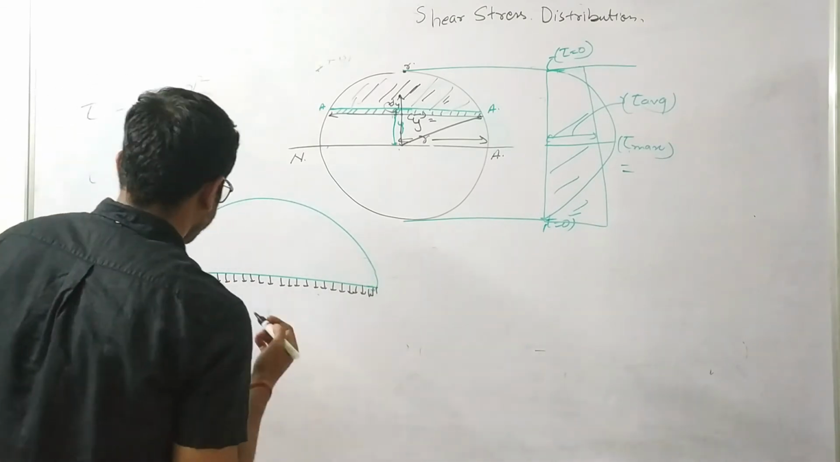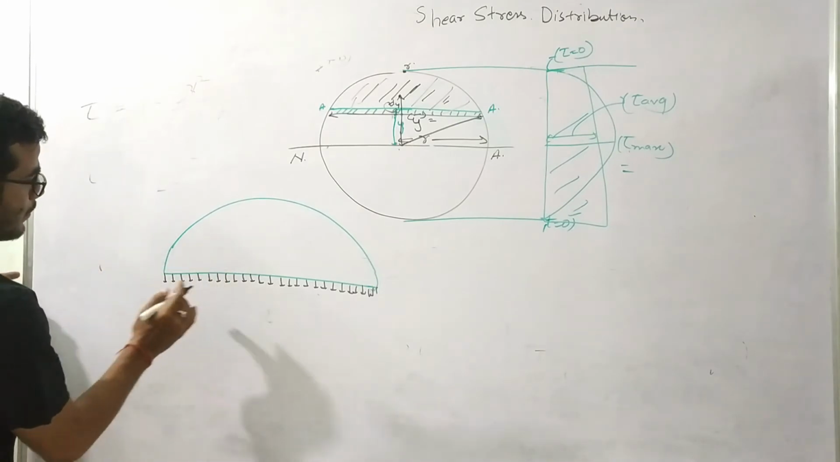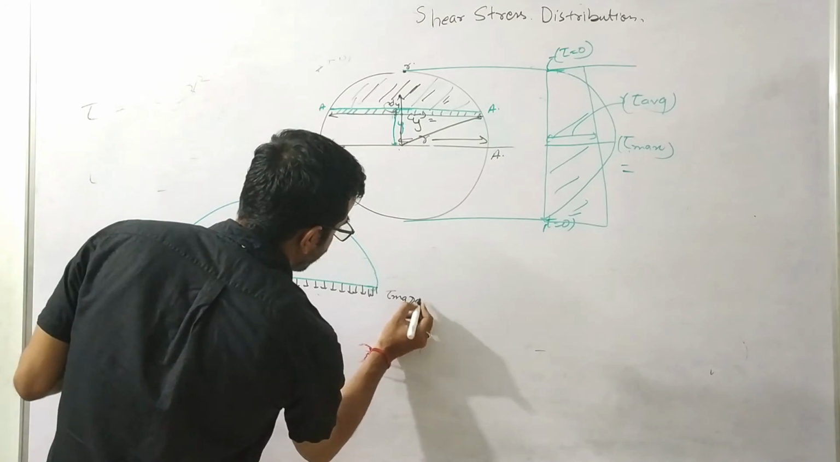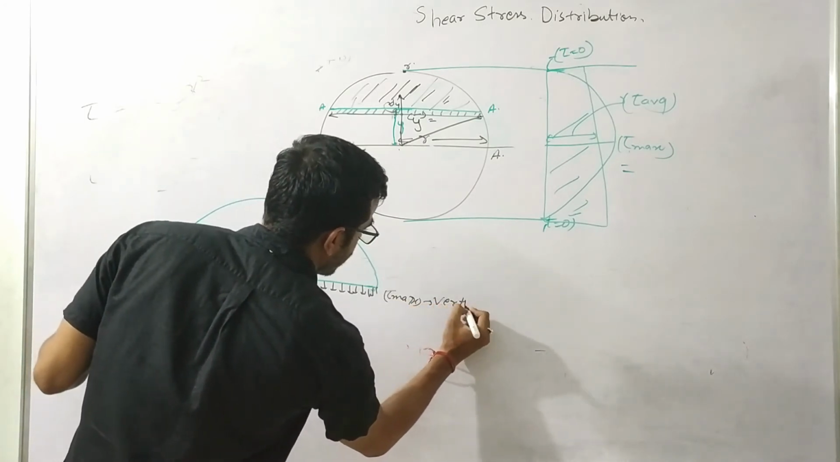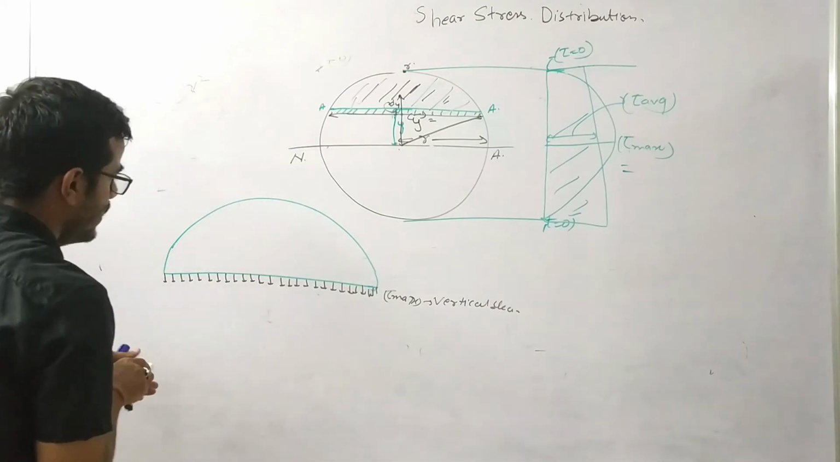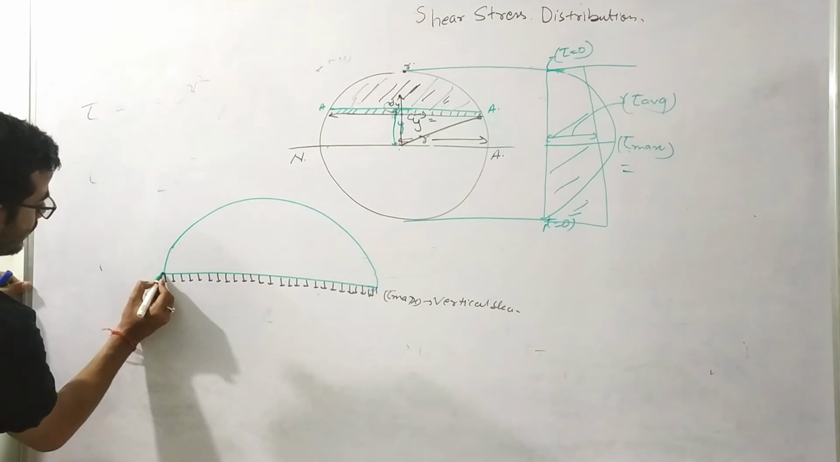So at this vertical portion, this is the neutral axis. This will be tau max. This is nothing but vertical shear. You can say vertical shear. Now, the complementary of this,